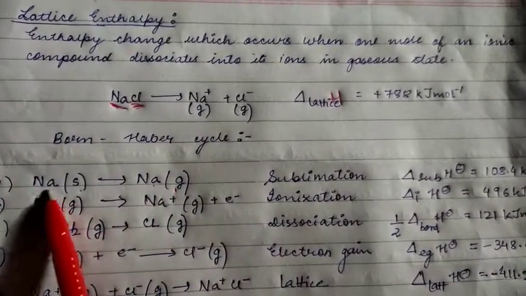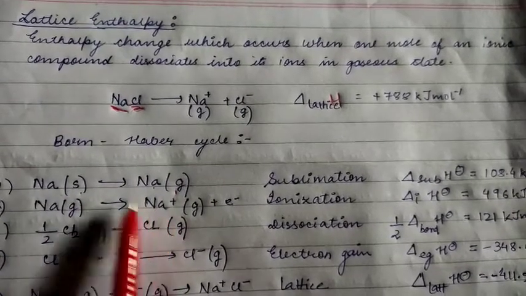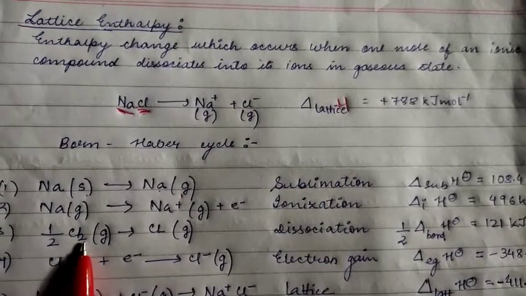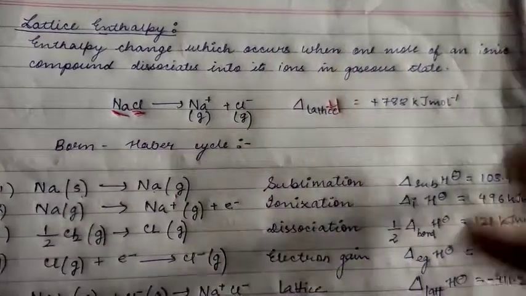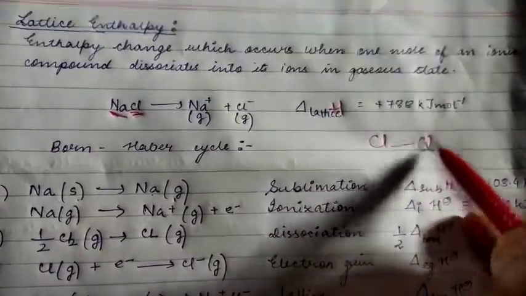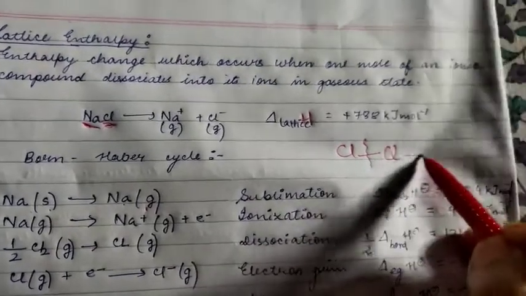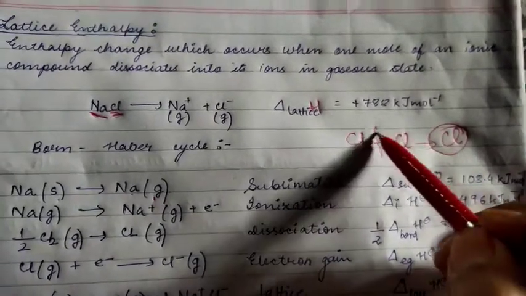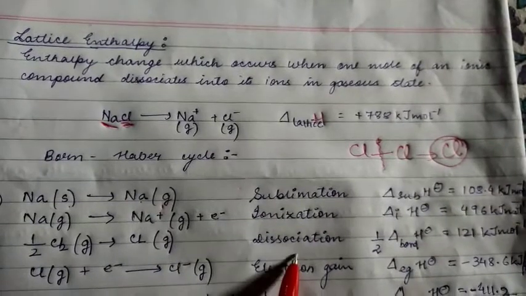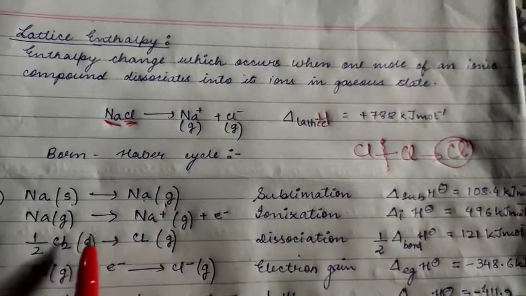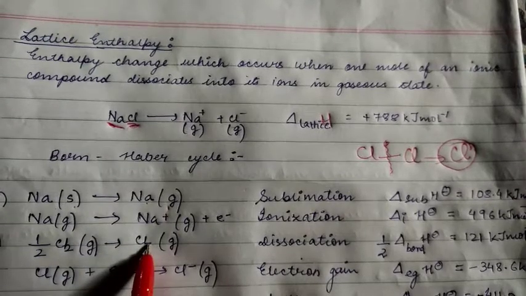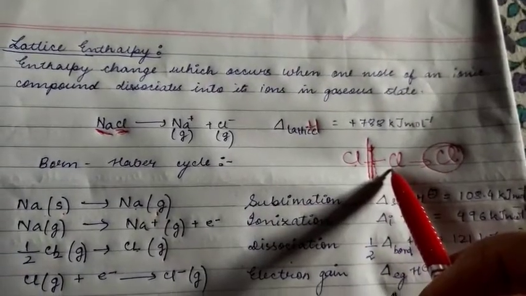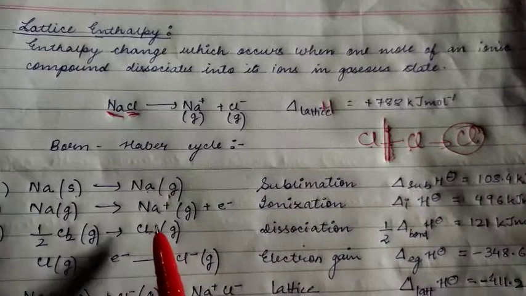Now from sodium we have got sodium ion through two steps. Now we will convert the chlorine, Cl2. Whenever Cl2, it means Cl-Cl. Now we have to break this bond because we need only one Cl negative. So only one Cl will be required. This breaking of bond is termed dissociation. From Cl2 to one chlorine, it means you have to take half of Cl2. You are breaking the bond between Cl and Cl. Clear? So you will get one Cl here.